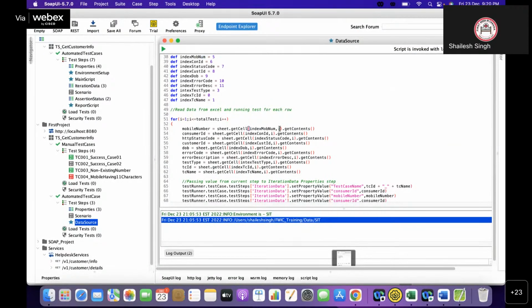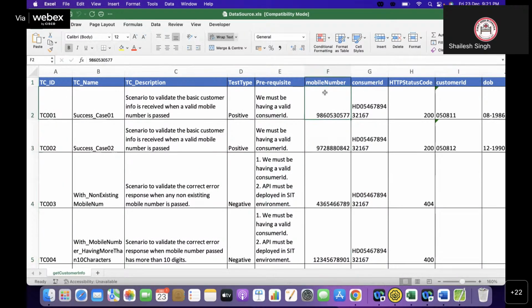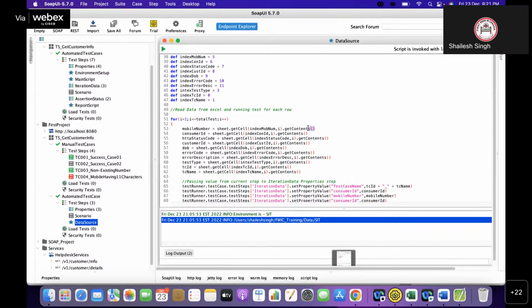And then the value of I. From where is I starting for the first iteration? 1, right? See the for loop, I is starting from 1. So it is F1 here. I told you the script will recognize it as 0, the first row, so for the script it is 1. So it went to that cell, extracted the content of that cell, and stored its value inside